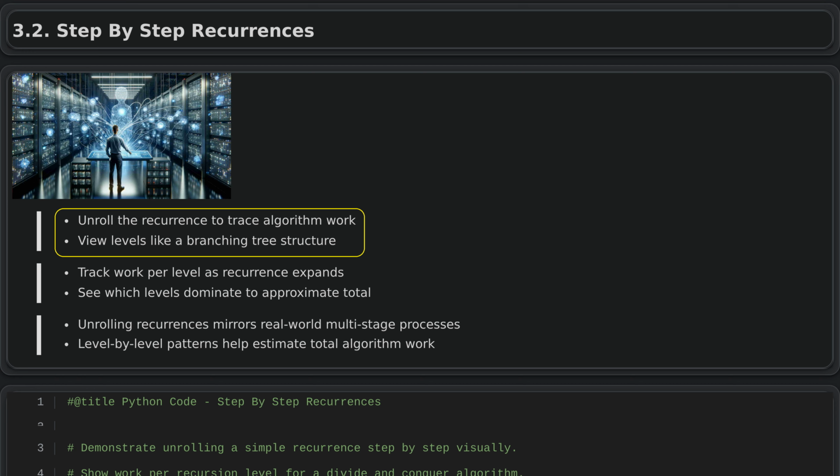To analyze the running time, you repeatedly expand the recurrence, replacing each term with its own definition, until you reach a base case with a fixed cost. This process lets you see how much work happens at each level of the algorithm and how it adds up